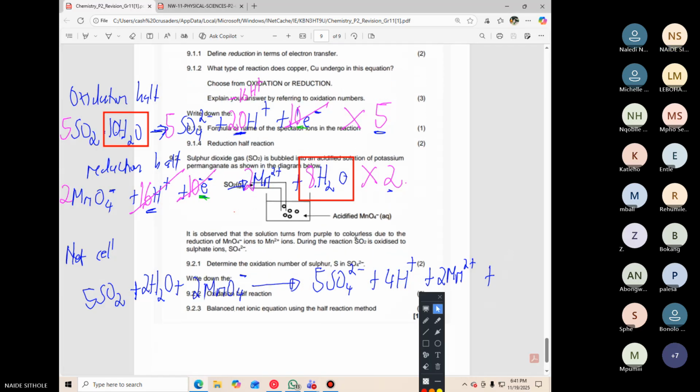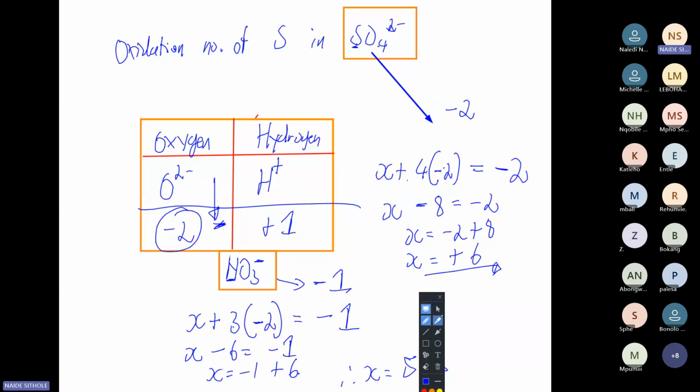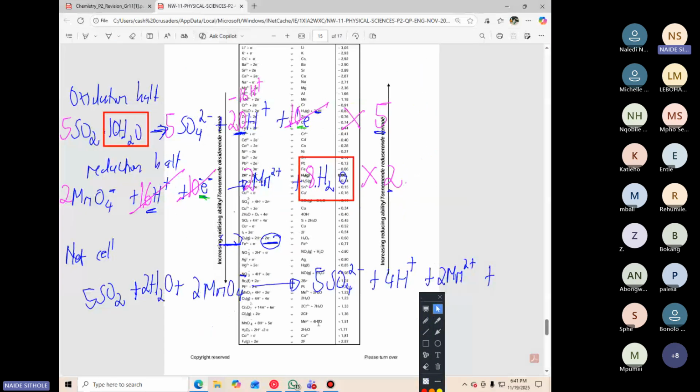They said the reduction of MnO4 minus, note this, the reduction of MnO4 minus to Mn2 plus. And then when I get here, that's what I want to pick. I want to pick exactly where MnO4 minus is reduced to Mn2 plus. I do not take the one that looks similar. I take exactly that one, right? So I was showing you here that there is another one that looks similar, but then you